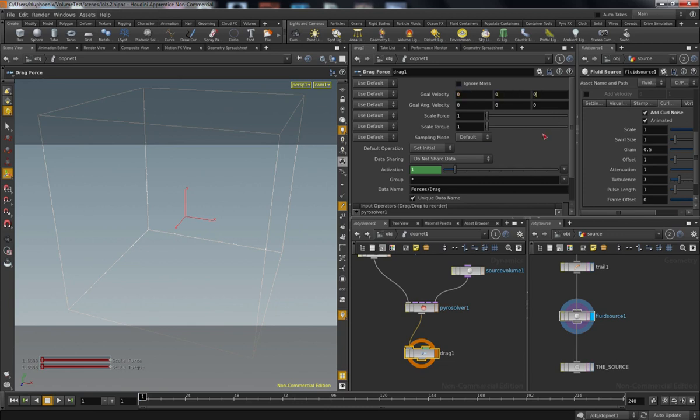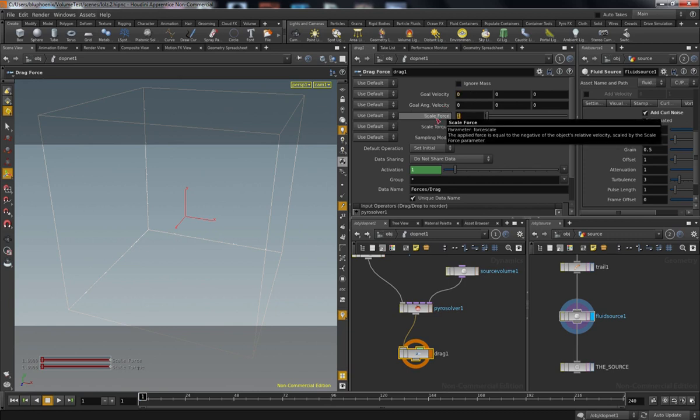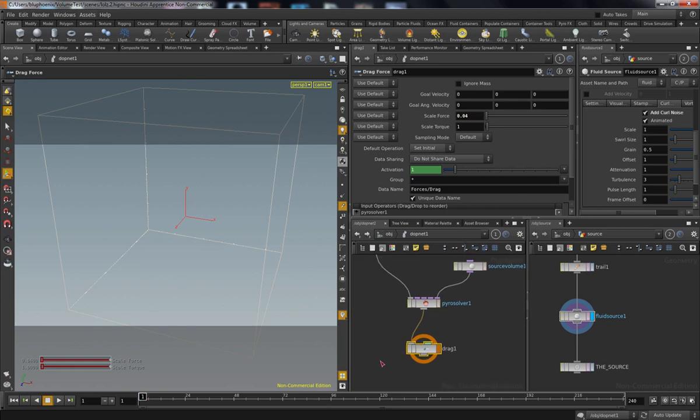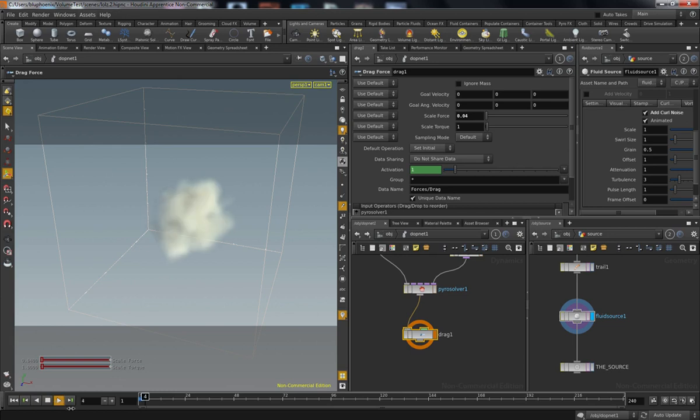Now that's a 0, 0, 0. That's a really long and roundabout way of saying apply a force to get it back to 0, which means slow it down. And that's what a drag does. It's a drag on all this velocity, this energy in the system. This is very scale dependent. This is really what's going to have a lot to do with how big your simulation seems in the world. This is essentially air resistance. The farther away you are from something, the more apparent that's going to be. But you're always going to want to have some kind of drag to make it seem more like your stuff's